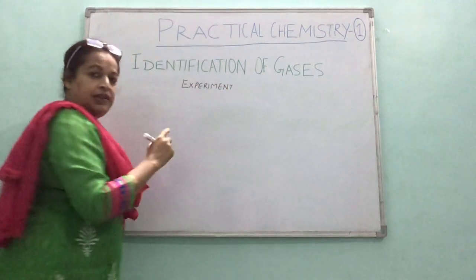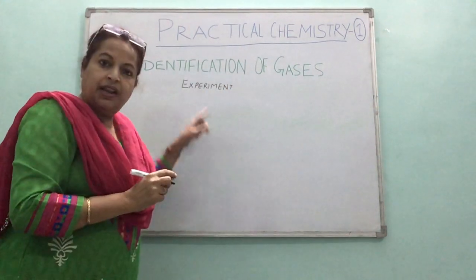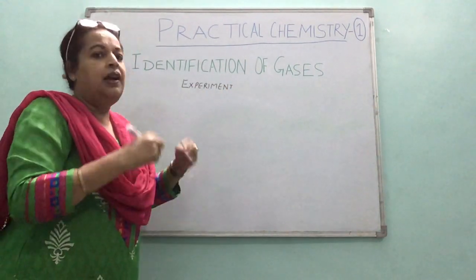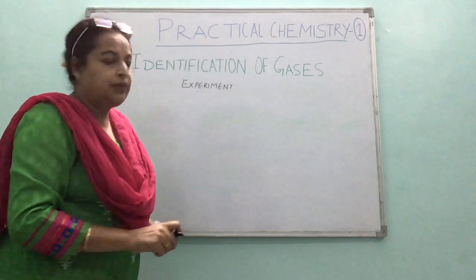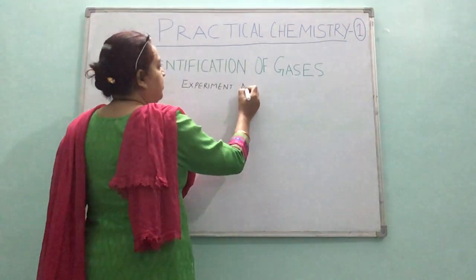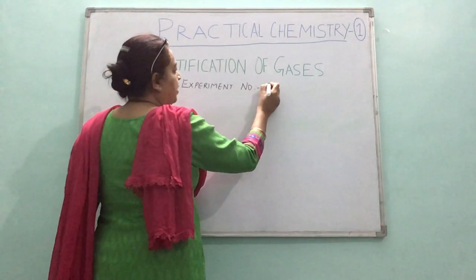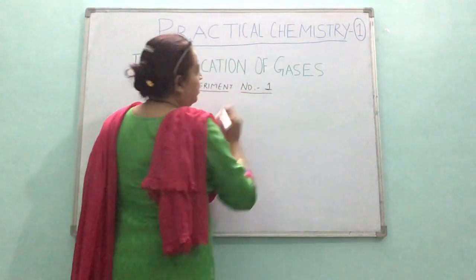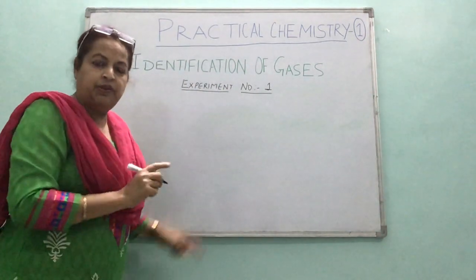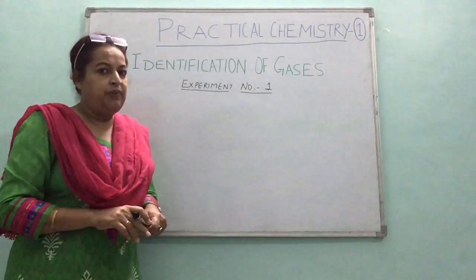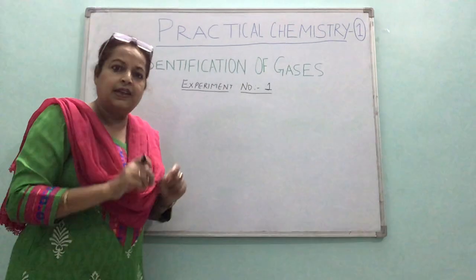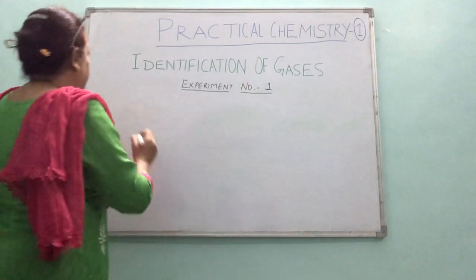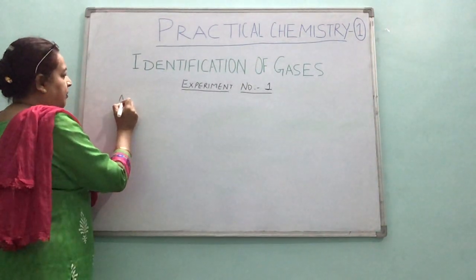In the first experiment I am going to write everything in detail, and subsequently you will manage on your own. Experiment number 1, and beautifully underline it, right? You will be given marks on all this work, so you will maintain your lab manual as I am telling you. Then after that, the subheading Aim,